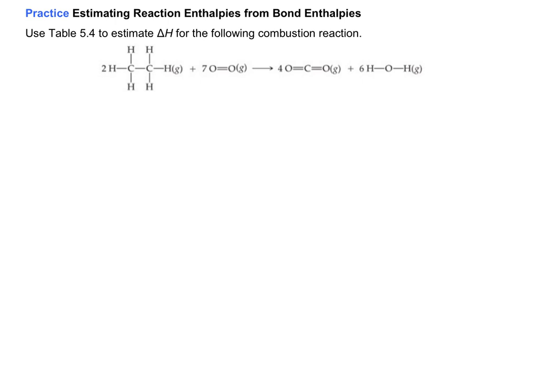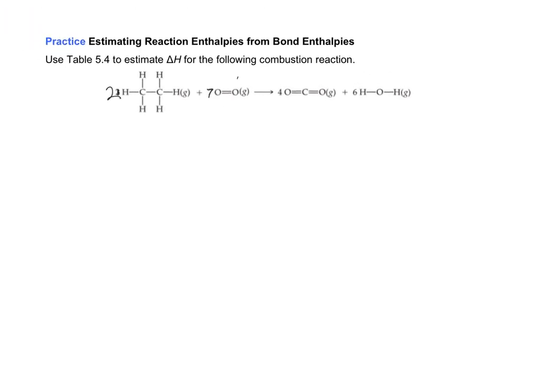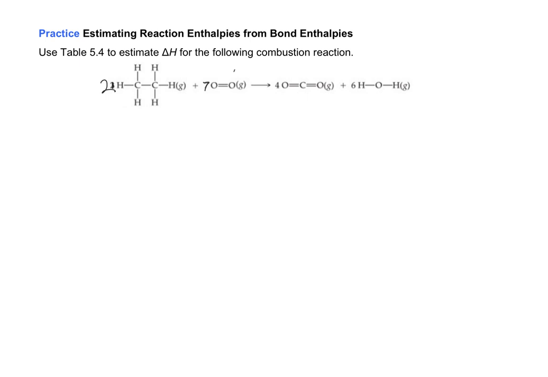So when we do this, we're going to need to draw the Lewis structures for each of these, and we also want to keep in mind the coefficients. So in here we have 2 moles of ethane and 7 moles of oxygen reacting to form 4 moles of carbon dioxide and 6 moles of water. So we're going to need the values for each of these bonds,